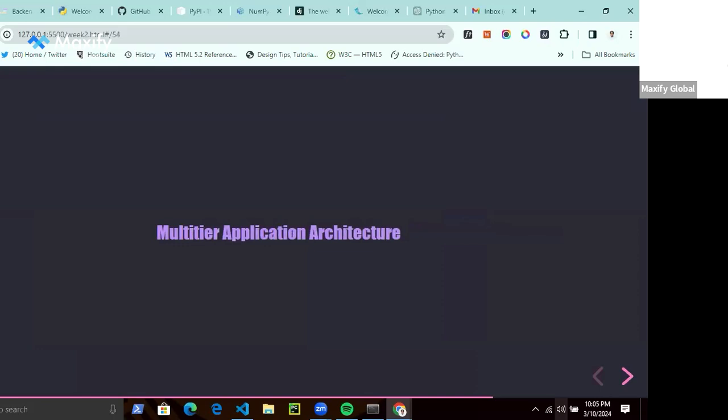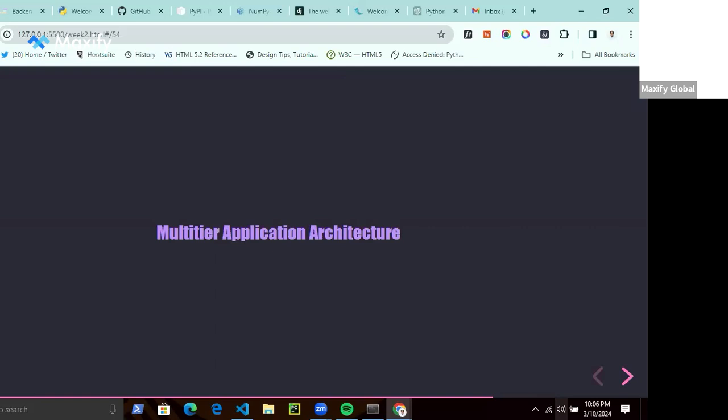Now let's look at the concept of multi-tier applications. In web development, there are essentially two broad categories. You have the server side, which is the back end, and then the client side, which is the front end. Now, applications are tiered. Web applications especially are multi-tiered. You have the top tier or the client tier, which is the user interface, the browser, right?